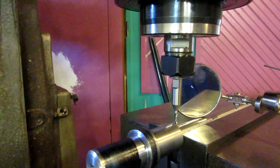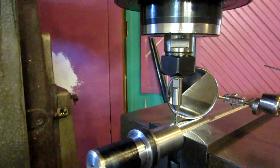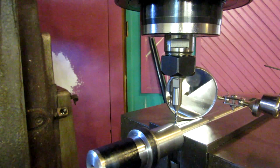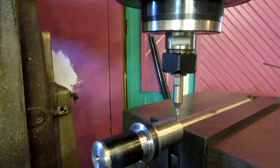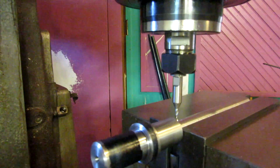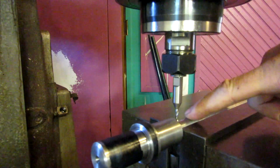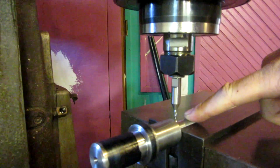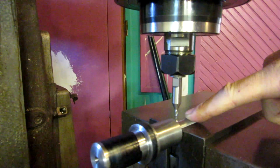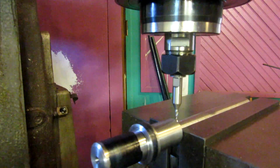I don't know if you can see that. Got a little mark right there on the surface. Alright. We are mounted in the workpiece. We found center. I've locked down. Sorry for the bobbing action. I locked down the Y axes, and now we're going to